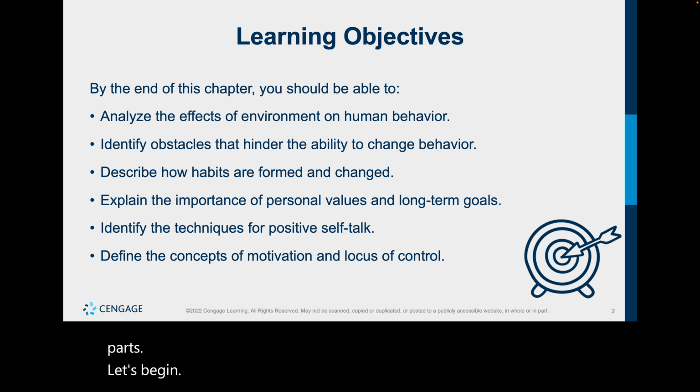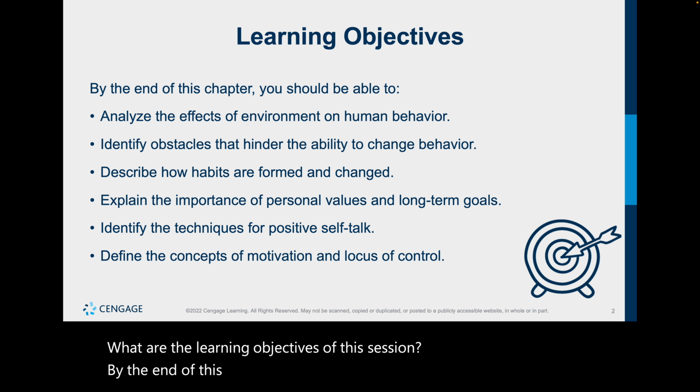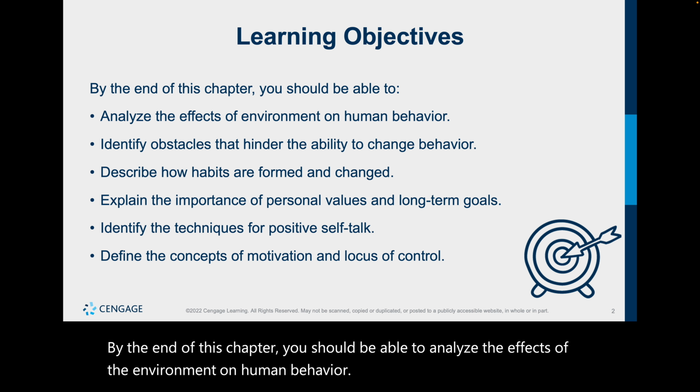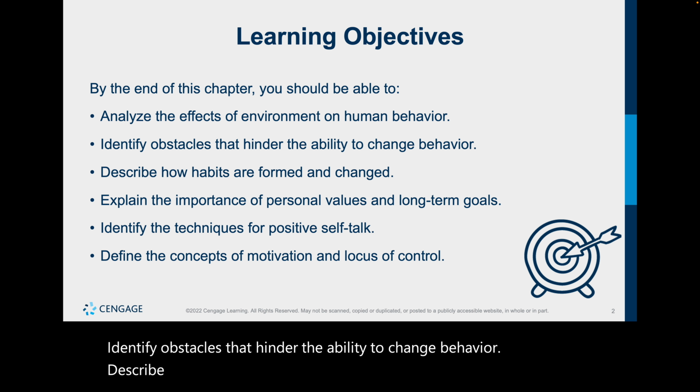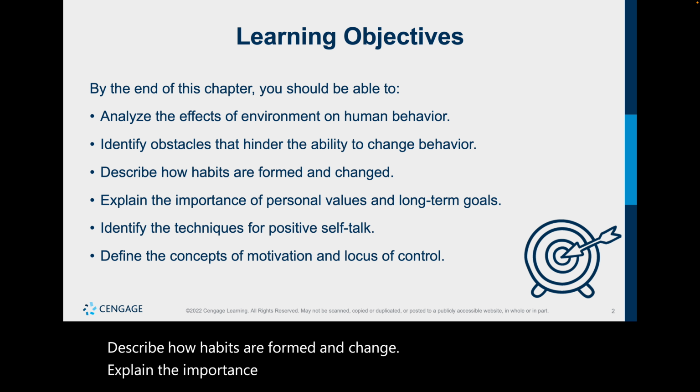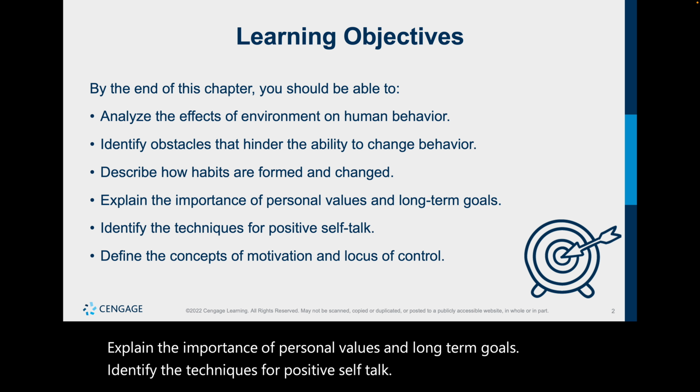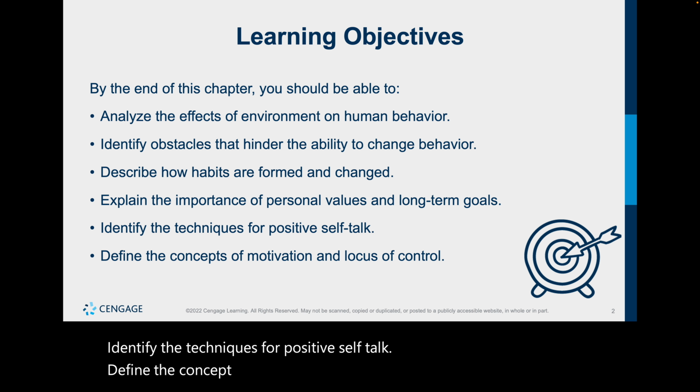What are the learning objectives of this session? By the end of this chapter, you should be able to analyze the effects of the environment on human behavior, identify obstacles that hinder the ability to change behavior, describe how habits are formed and changed, explain the importance of personal values and long-term goals, identify the techniques for positive self-talk, define the concept of motivations and locus of control,